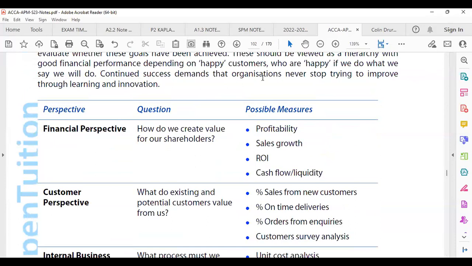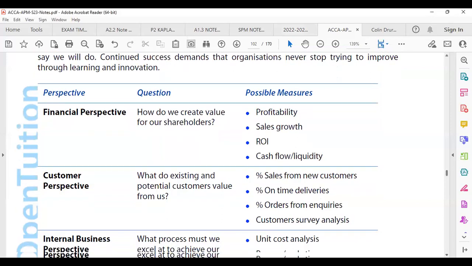When they talk financial perspective, those are two words put together. Of course, it means how it is viewed in terms of financials. That is the financial perspective, which of course, when it goes to financial, you are checking those parameters which measure financials. One of them, the biggest one, is profitability, sales growth, return on investments, and cash flow and liquidity. Those are things which they check there.